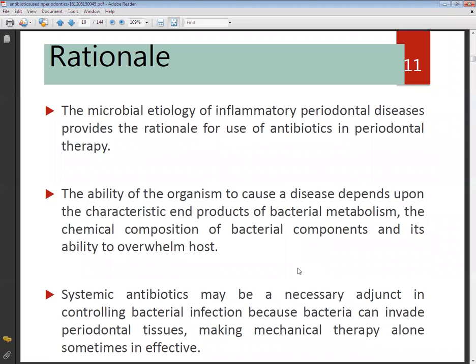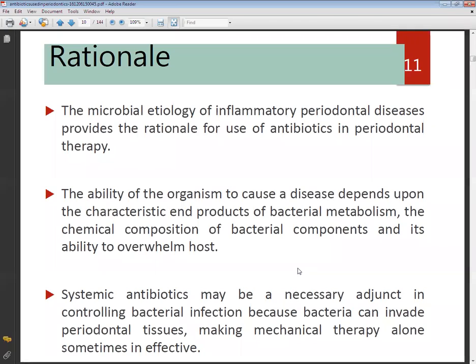So what is the rationale behind the use of these chemotherapeutic agents in periodontics? As we know, the microbial etiology of any inflammatory periodontal disease is the main etiology for progression of disease. So the microbial etiology of inflammatory periodontal disease provides the rationale for the use of antibiotics in periodontal therapy. Then the ability of microorganisms to cause disease depends upon the characteristics of the end products of bacterial metabolism, the chemical composition of bacterial components, and its ability to overwhelm the